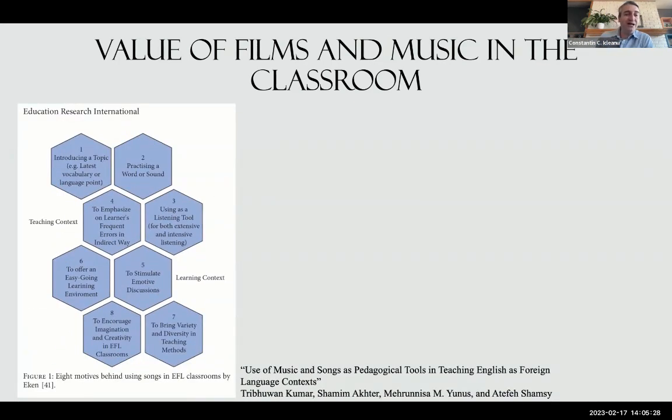So here's a little bit, there's some research on the use of music and songs as pedagogical tools in teaching English as a foreign language. So as a professor of Spanish, to me, this makes a lot of sense. Some of you may be teaching other things, and you may have to use music and film in different ways. But for me, music in Spanish is a great tool to do many things. To, for example, lower the affective filter, which is, I guess, a pedagogical term that tells you that the student is more comfortable in class,